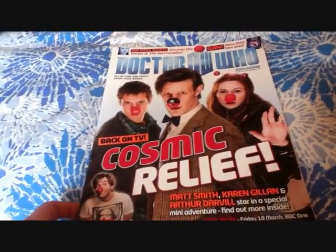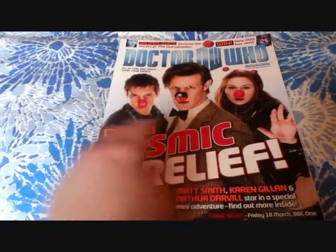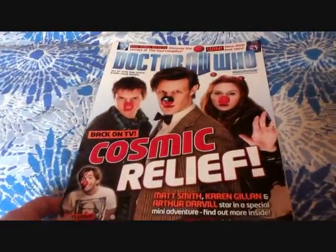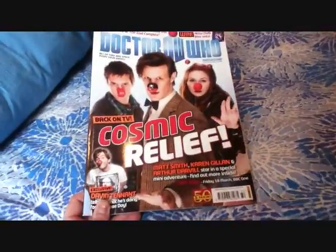I haven't read this one yet, but if you're wondering, because in the UK they have this thing called Comic Relief, and they have like the red nose and David's in the corner. Yay! Again, haven't read this one. Hope to soon. And this one is probably just getting released here now, and I've already got issue